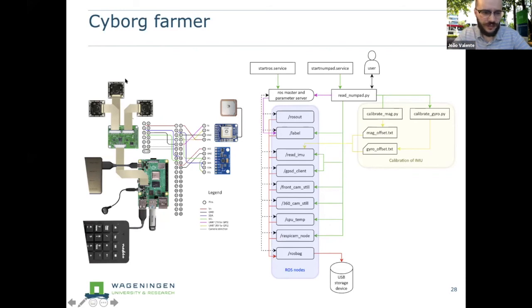We are using 3 cameras, Raspberry Pis, other sensors, IMU, GPS. And you can see that you have lots of ROS topics that publish the images of the cameras, and of course all the telemetry from the cyborg farmer.